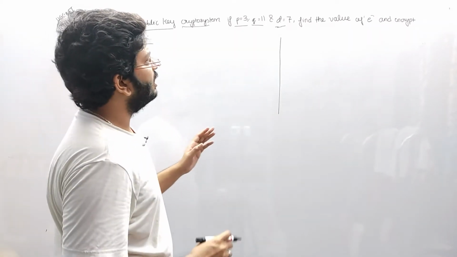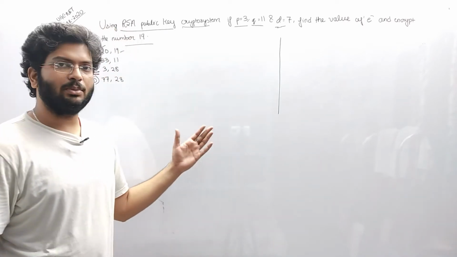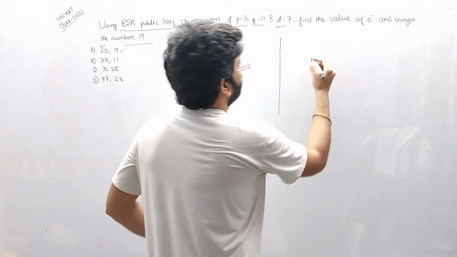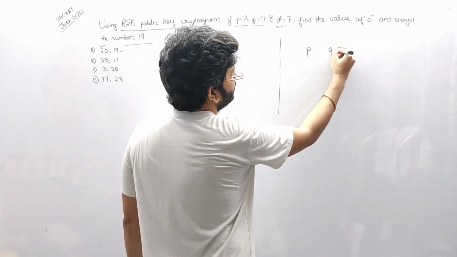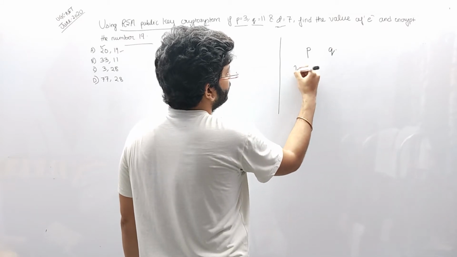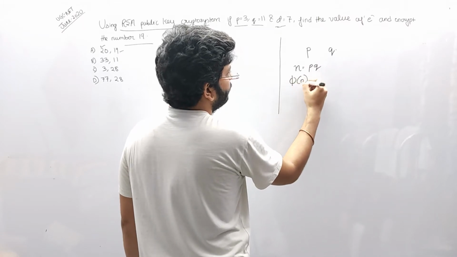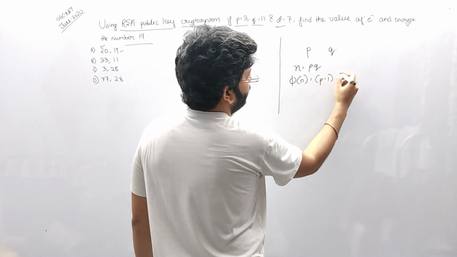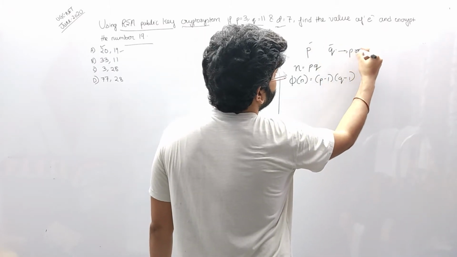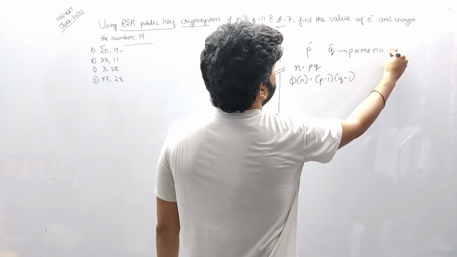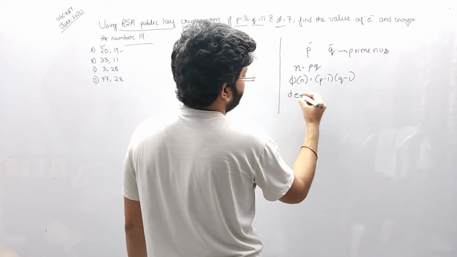So first let us understand the algorithm of RSA, that is how we will solve the question. These are a fixed number of steps which never change. So let us say we have P and Q. In the RSA algorithm we have to choose two prime numbers P and Q, and then we have to calculate n, which is equal to P into Q, and phi of n. The phi of n calculation is P minus 1 into Q minus 1. And now we have two parameters, D and E.